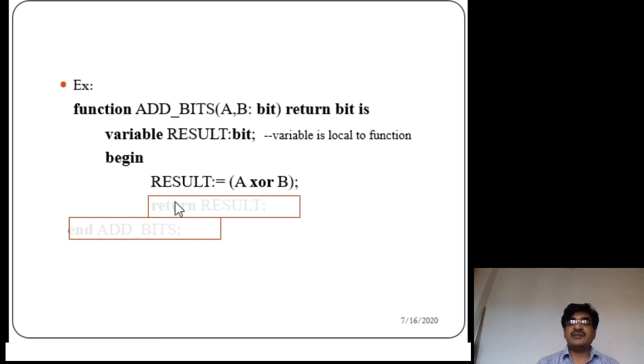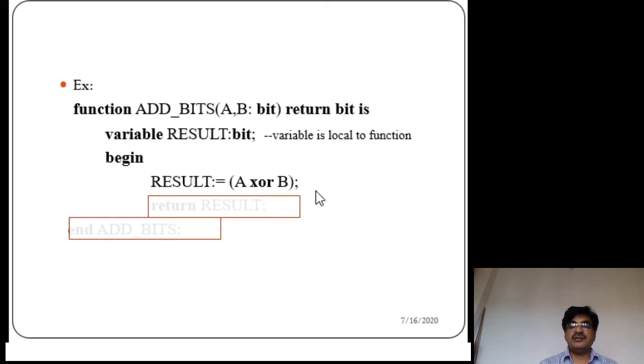So the operation here is that we need some result on bits A and B. As per the half adder, you know, the sum result is obtained by doing an XOR operation on bits A and B. Therefore result colon equal A XOR B. So what is colon equal? Colon equal is the assignment symbol for variables. For objects of class variable, the assignment symbol is colon equal, then A XOR B.